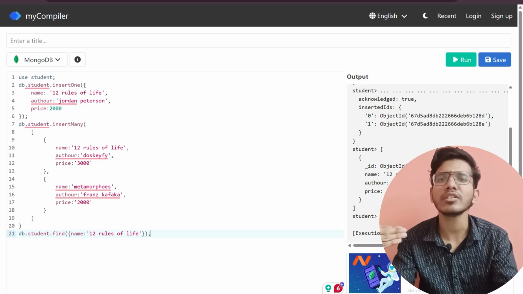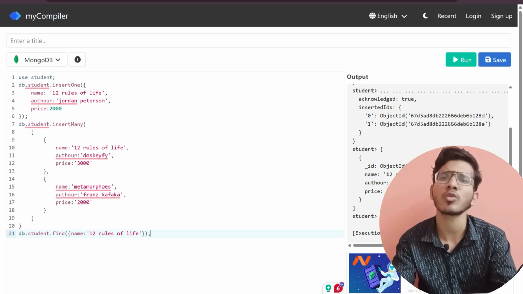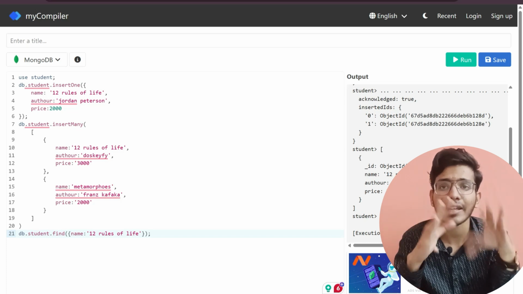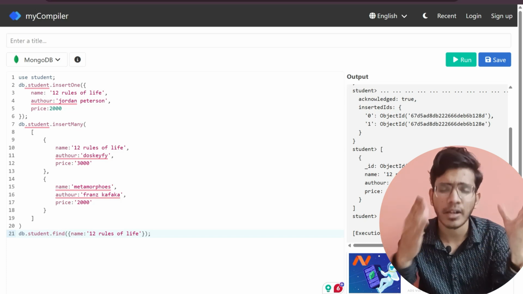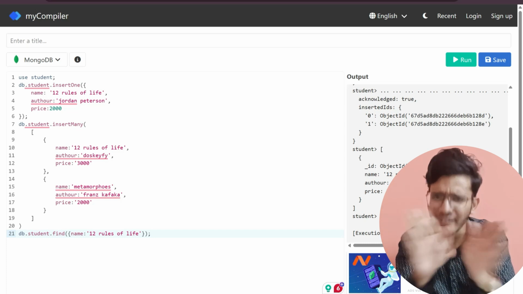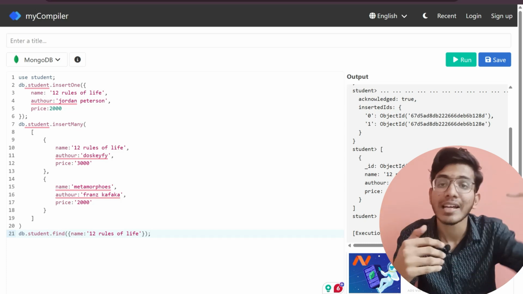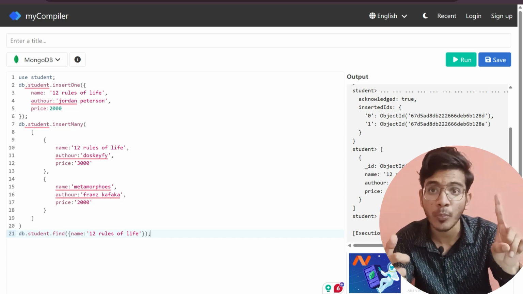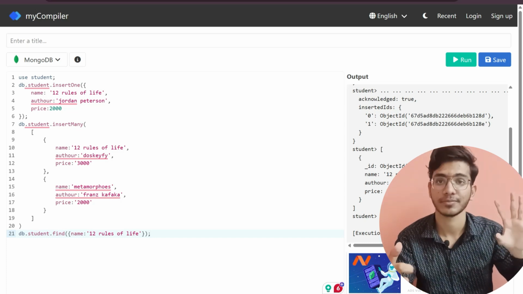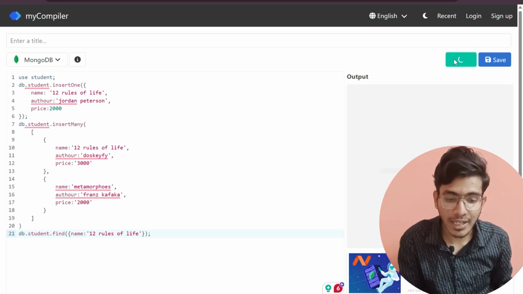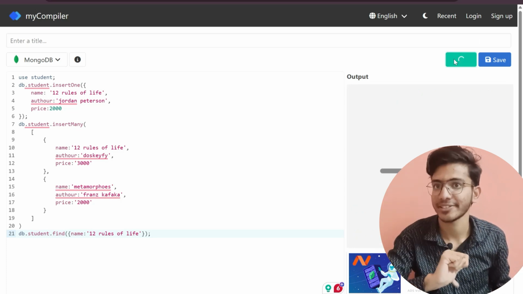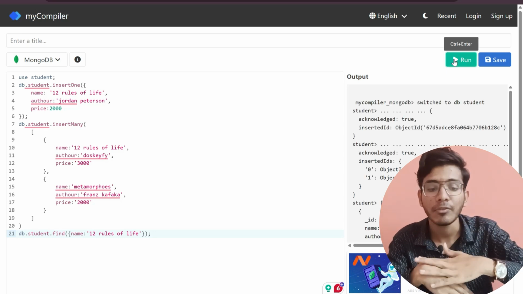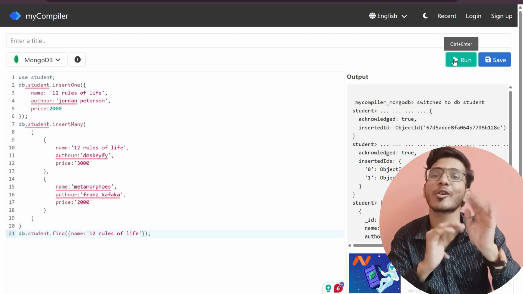Let's say I am having 10 rows. Among these 10 rows there are 3 elements which are having a key value pair, name: 12 rules of life. So whatever the elements are there, whatever the rows are there, it will return me all those rows which are having the key value pairs equivalent to this. Clear? Now if I run this, I will get 2 rows. So find one will give me any one row, but find will give me all the elements, all the rows which are having